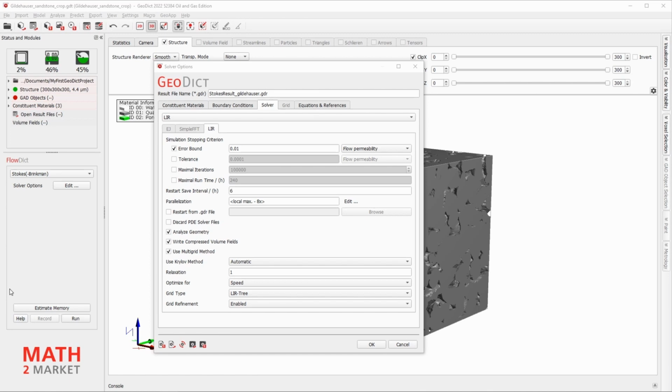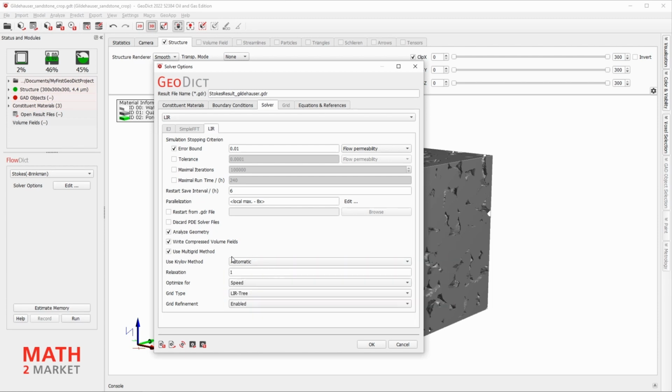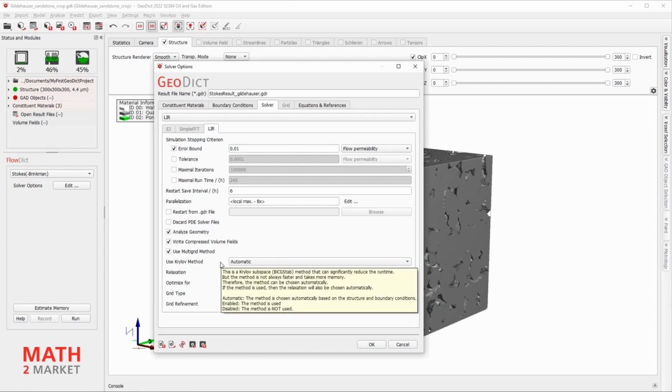In GeoDict 2022, there will also be an option to choose the Krylov method as enabled, disabled, or automatic. Choosing automatic means that if the solver detects porosity below 15%, it will automatically use the Krylov feature. This feature improves the runtime for tight reservoir rocks.